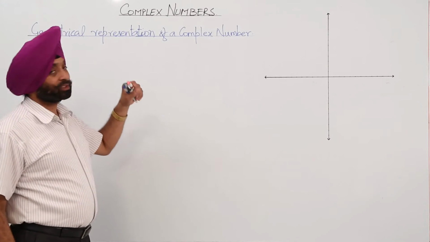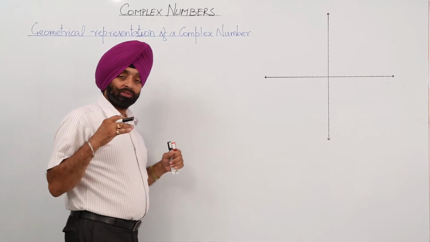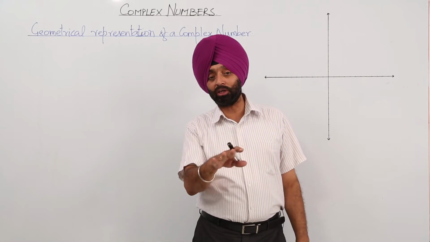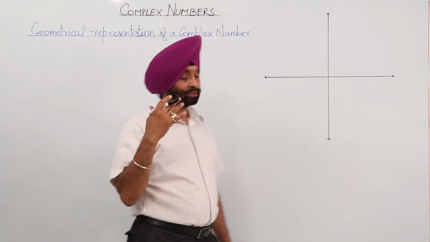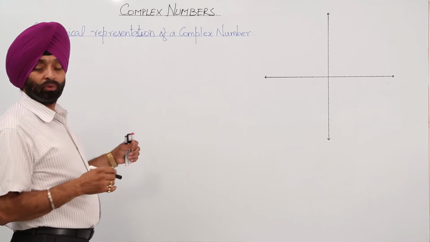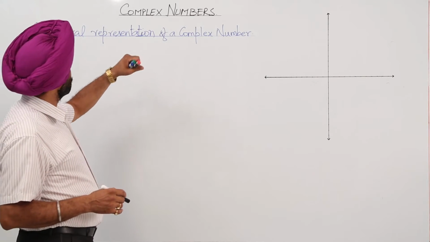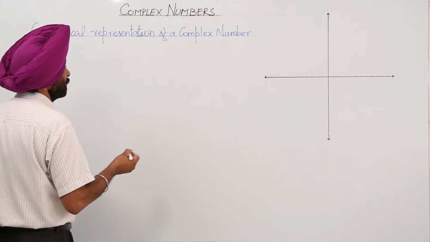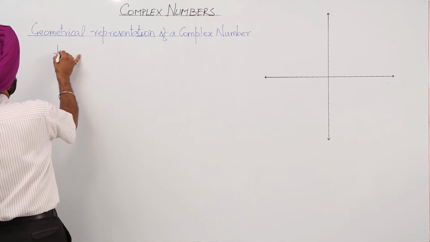Now, geometrical representation of a complex number. Just now we have gone through the ordered pairs. Now, can we represent those ordered pairs graphically? Yes, we can. Before going to the representation of a complex number geometrically, let me give you a brief statement. Now, in analytical geometry,